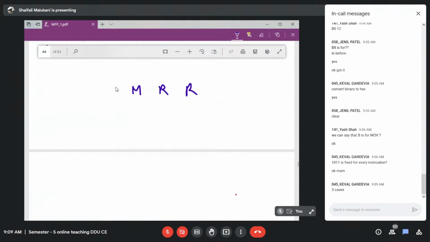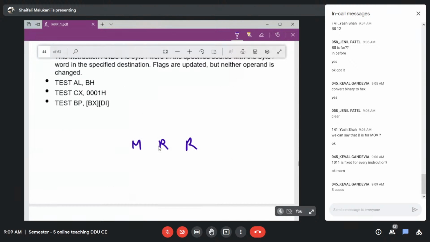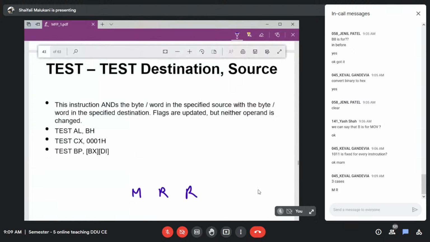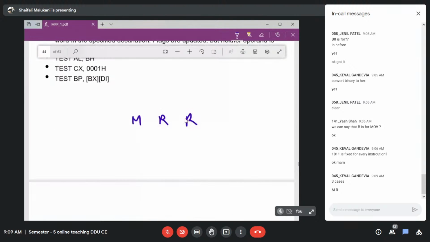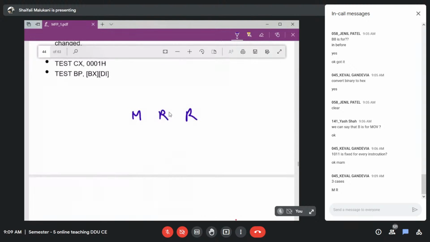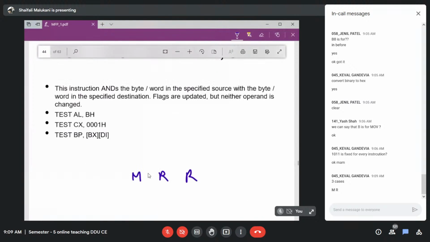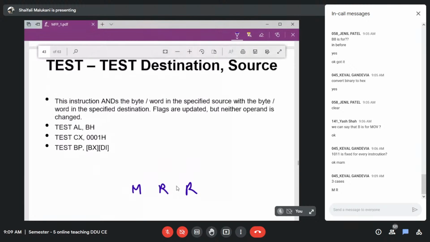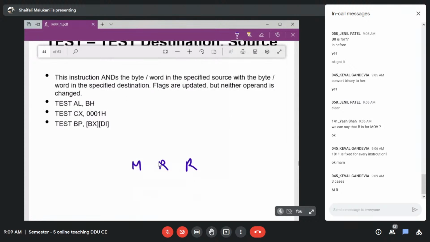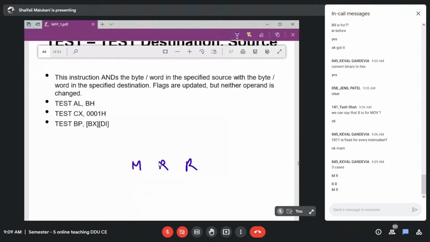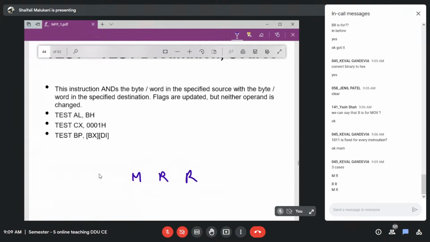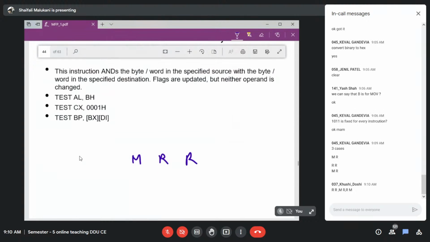Then we have memory and register move instruction, 3 cases. Yes, Keval, it is correct. But what are those 3 cases? Yes, register to register, memory to register, and